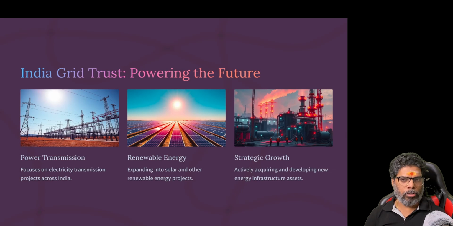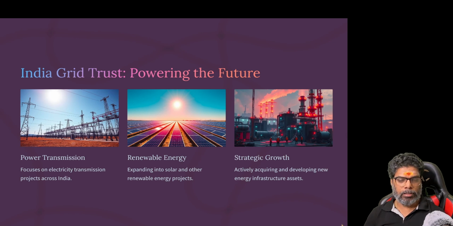The third one I'm going to talk about is INDIGRD Trust. Similar to Power Grid, INDIGRD is also in power transmission, but the difference is this is a private sector company, and their focus is majorly on sustainable energy growth. As I mentioned, they are focusing on power transmission. Their focus is on renewable energy, and the growth is based on acquiring new companies and technologies which support